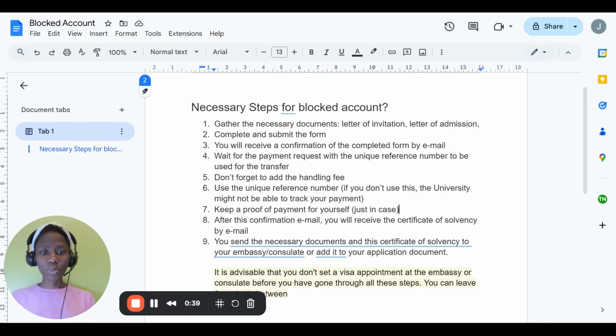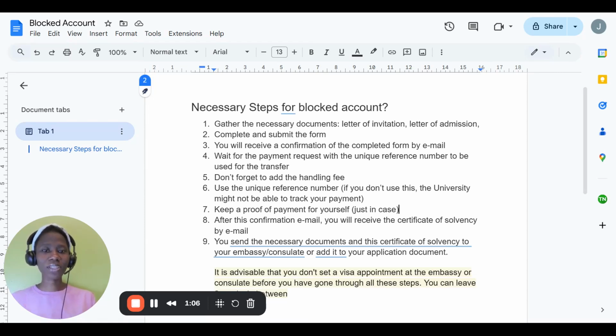First off, it is important that we discuss this because you want to talk to your sponsor. Most people do this last, but it should be the first thing you talk about, because if you apply to a university where you got admitted and it's time for you to apply at the embassy, and you notice that you're supposed to use the blocked account and you have not spoken to your sponsor. For instance, if your proof of fund is supposed to be 12,000 euros, this is because for